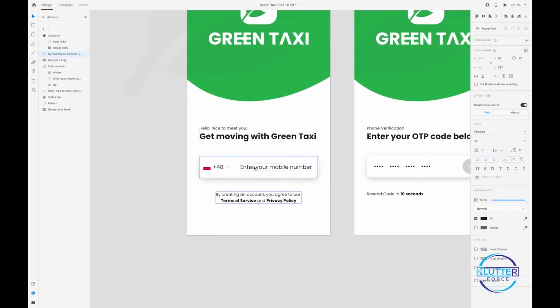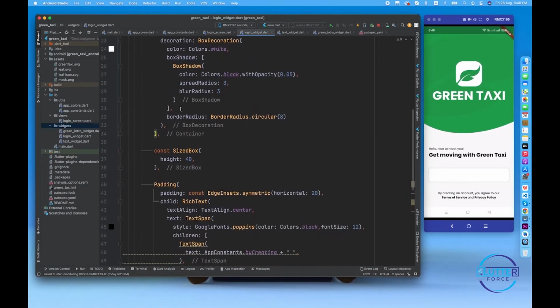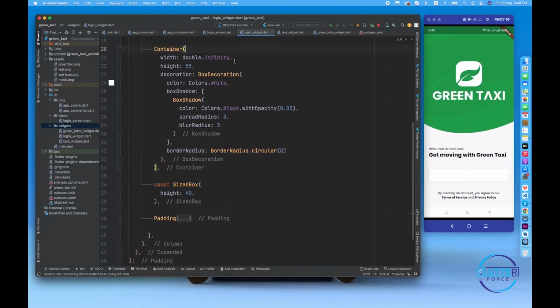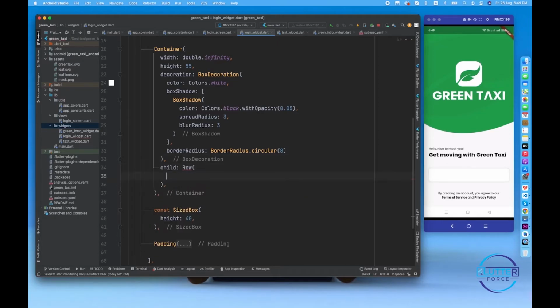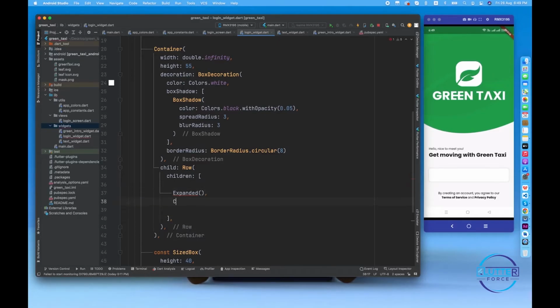Okay, now we have to work on this widget. So for this basically I'm going to create this part first. I have this column, right? Let's make a widget out of this. After doing this, I'm going to call child and row with the children inside. I'm going to create expanded, and another one is container. Okay,